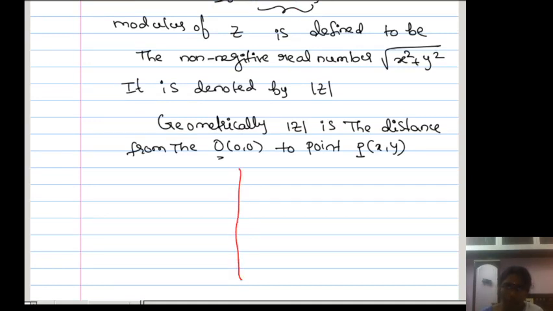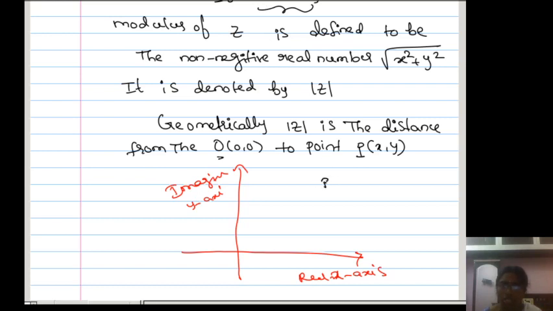You can take the x-axis and y-axis. The x-axis is called the real axis. The y-axis is called the imaginary axis. Now, how to give the notation? Suppose P is some point here, x comma y, or you can say z. z is equal to x plus iy means the complex number is nothing but an ordered pair of real numbers, that is x comma y. It is also x plus iy, x comma y. Now suppose O is the origin, 0 comma 0.